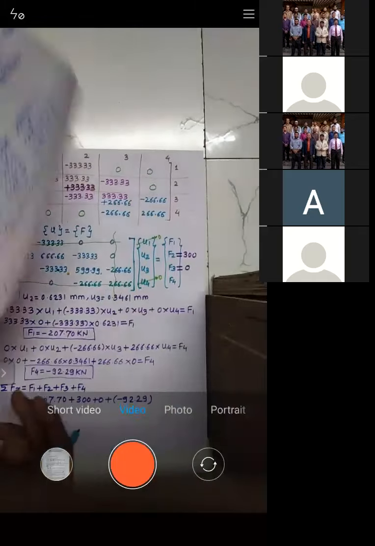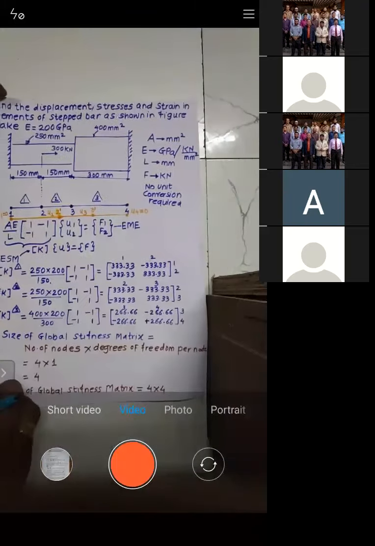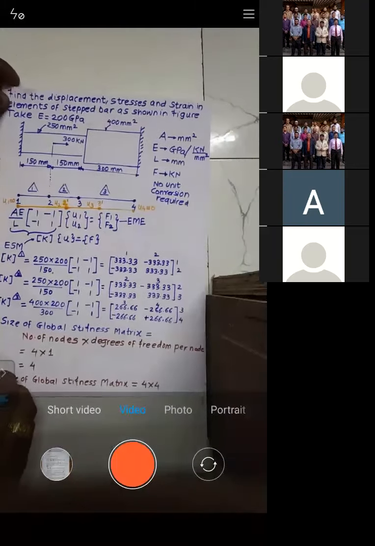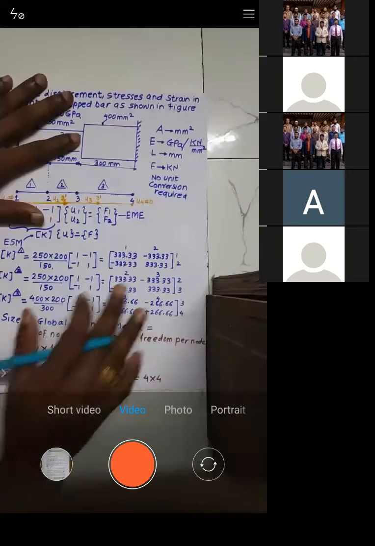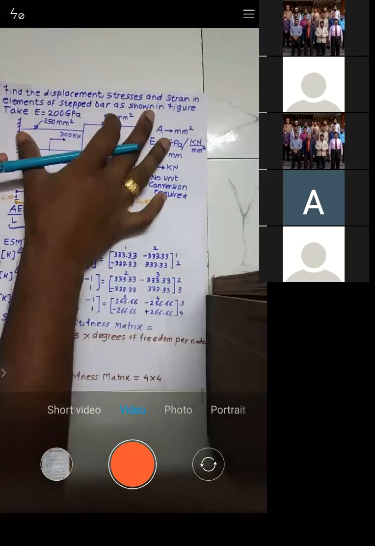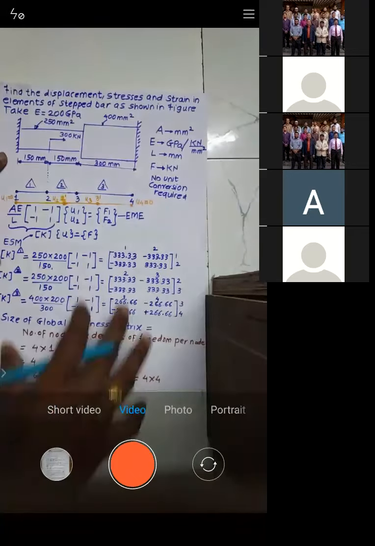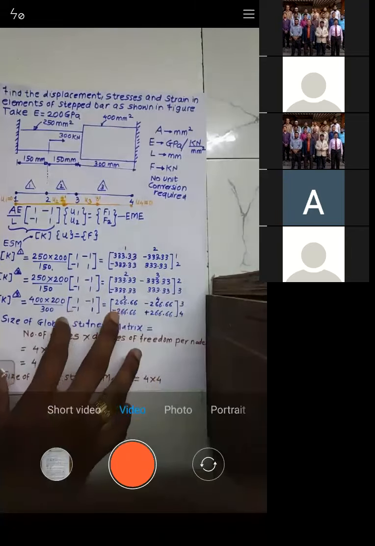Okay, so in the last lecture, we took some part of this problem, and we have continued with the remaining part in this session. So what I will do now is completely explain this problem. It is already there, so those who have missed this will also be in a position to understand it.